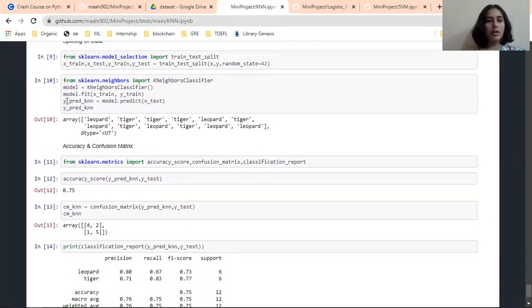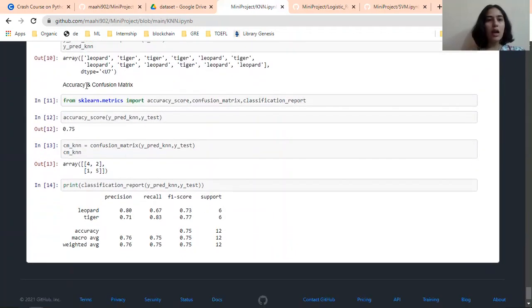After that, we will assign this variable y_predict_KNN using the model.predict function while giving x_test data. So the model will predict the output using this x_test data, and this is the output that it has predicted.